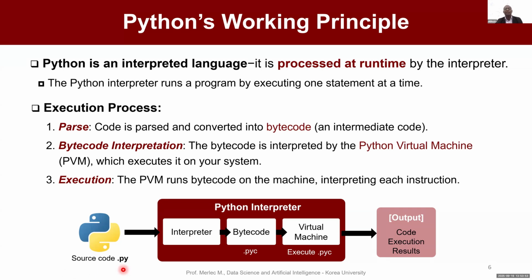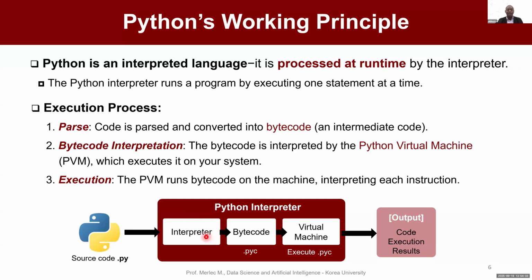When this source code is run, it is given to the Python interpreter, which has three main components inside: the interpreter, the bytecode converter, and the virtual machine. So the source code, which contains Python instructions, will be sent to the interpreter, and the interpreter will be interpreting Python statements one at a time,